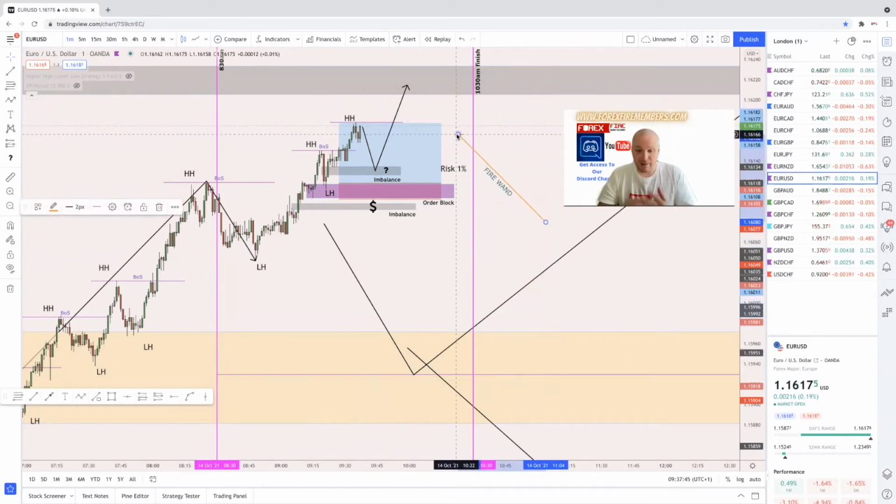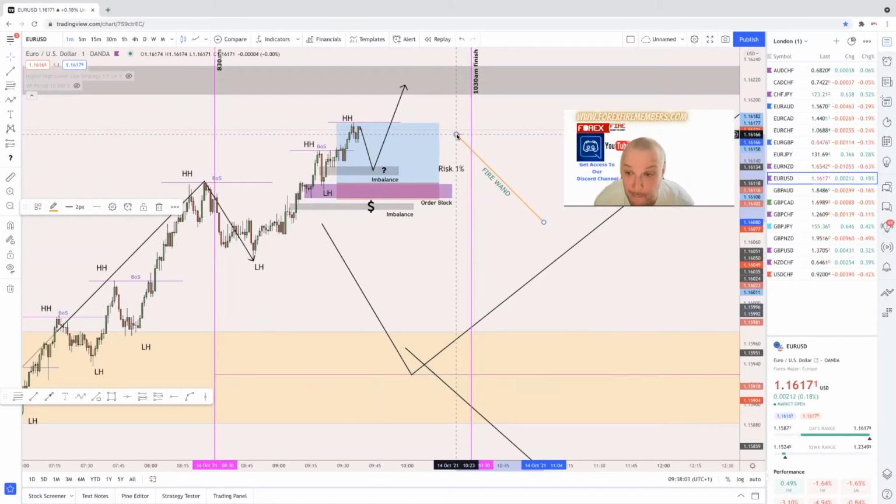But like I say, our bias is more or less spot on at the moment, where we're continuing on the higher side. It's just price at the moment is not showing too much weakness on the euro to be able to drive us down into those order block areas. But this is a patient game. This is where it teaches you to sit on your hands.